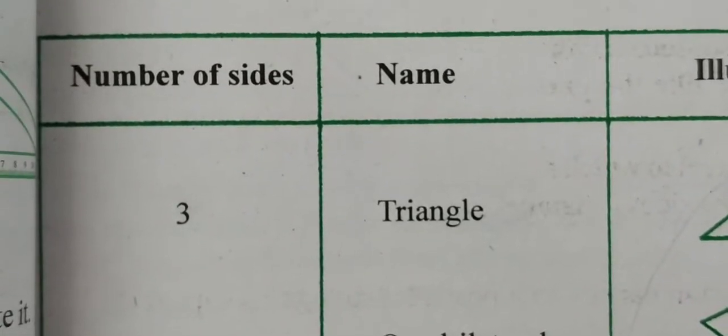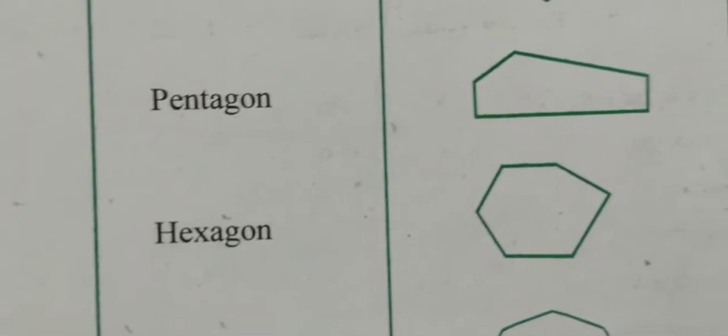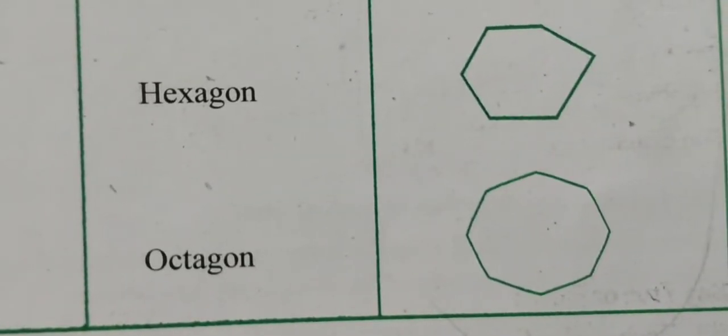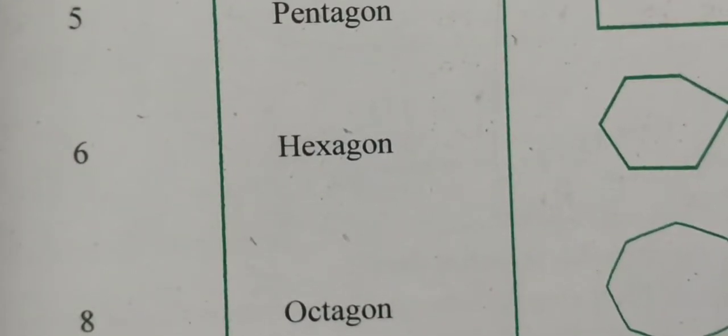If the number of sides is 3, then it is a triangle. 4, quadrilateral. Different types of quadrilaterals we have seen in the previous video. Then 5 sides, pentagon. 6 sides, hexagon. 8, octagon. And 7 sides, it's called heptagon. Okay, after this comes